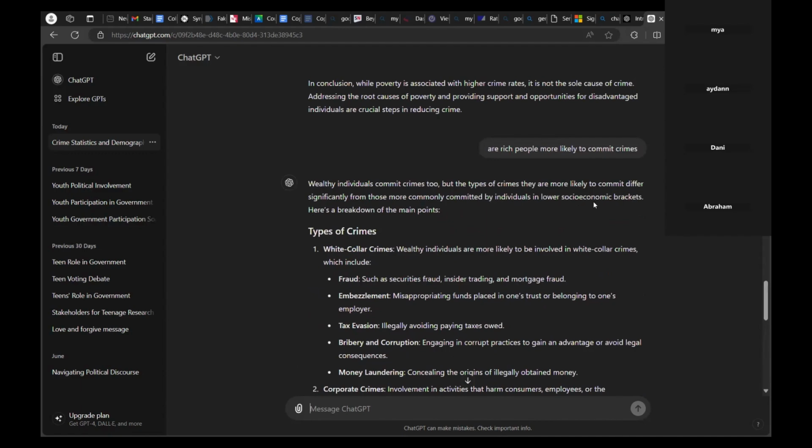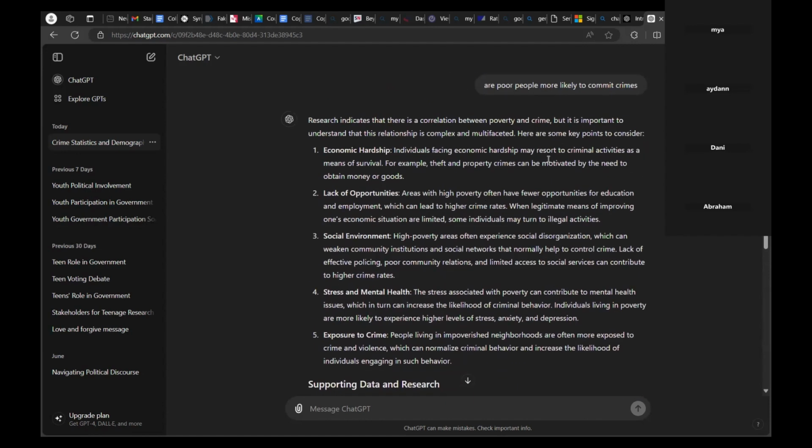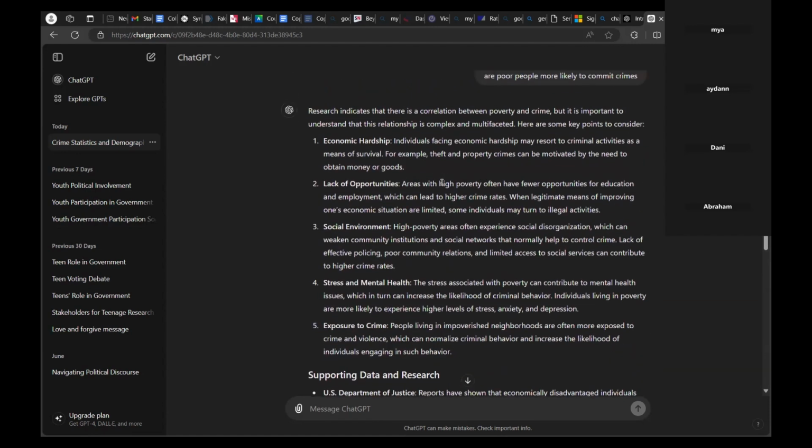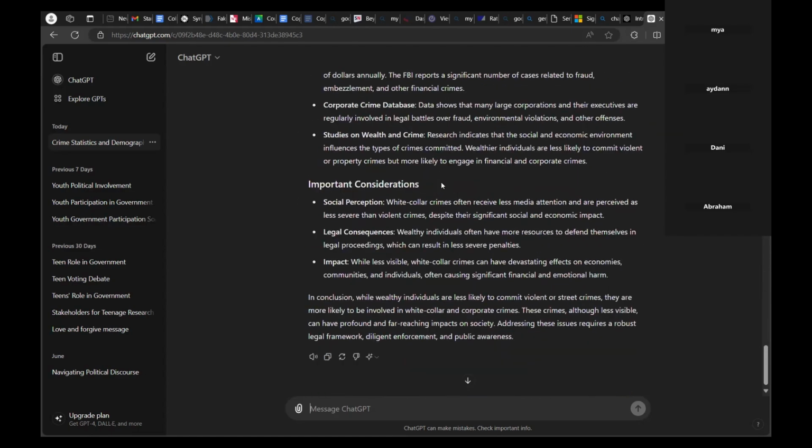They differ from the lower socioeconomic group, but up here it just says even though they're related, anybody can commit crime. It's contradicting itself. It's funny. They really do have that censor built in. And what I loved about the Gemini example is that if you Google it, which is the same company and everything, the same AI answer is different. You can literally see the filter there.